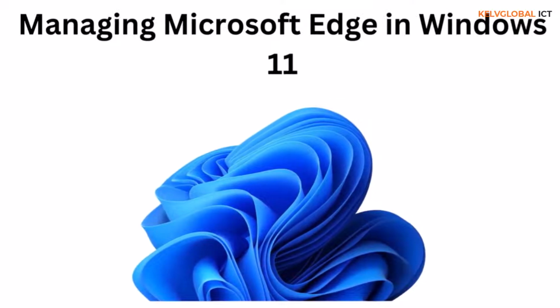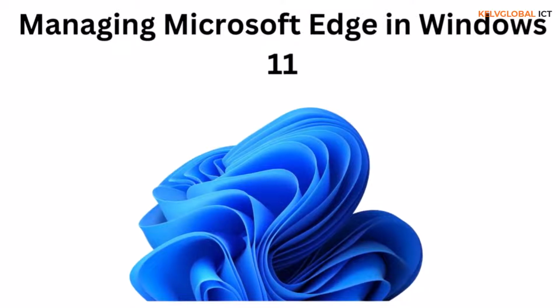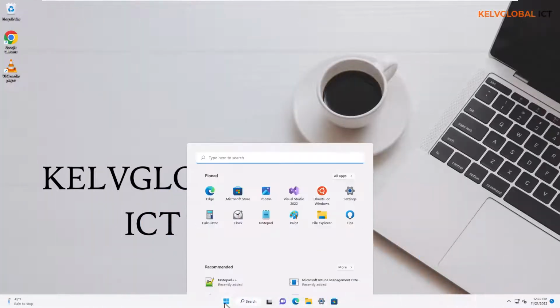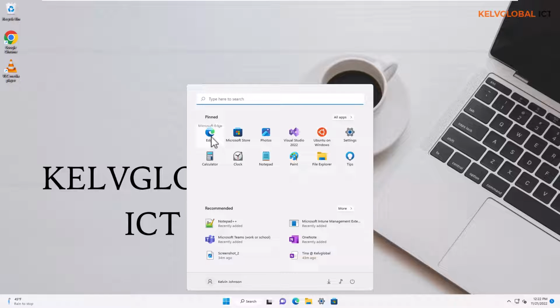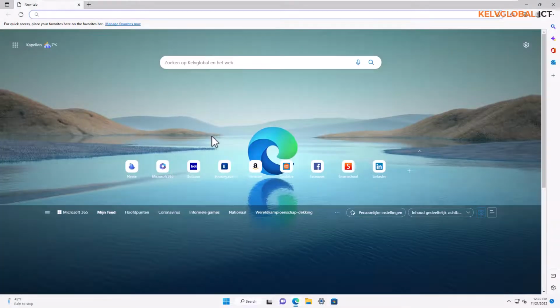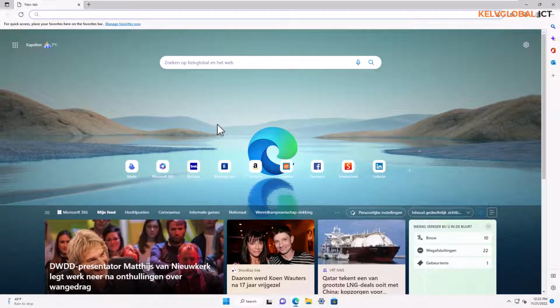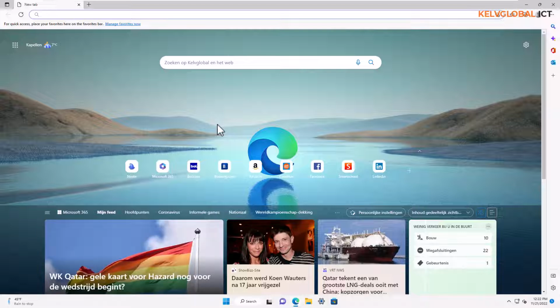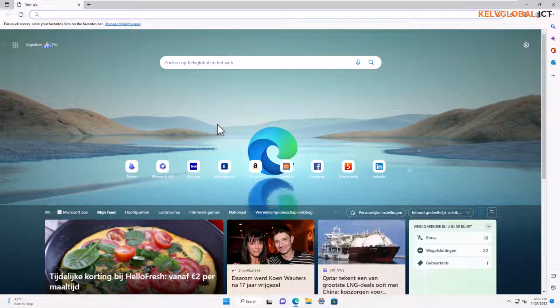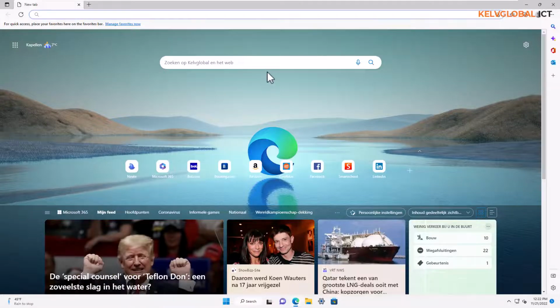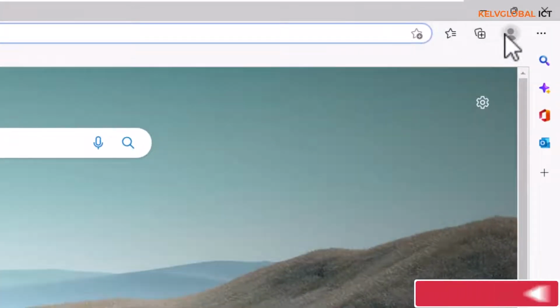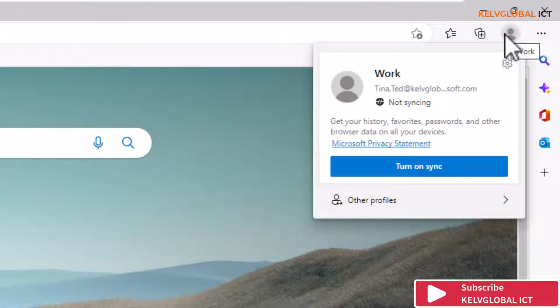So you can see here I have Microsoft Edge on my taskbar, but if I go to my Start menu, you can see we still have Edge. So just click on Edge. At this moment, you can see that my default homepage is a pre-configured homepage because I've not configured any homepage on my Edge. So here on my right hand side, you can see because I sign in to my device,